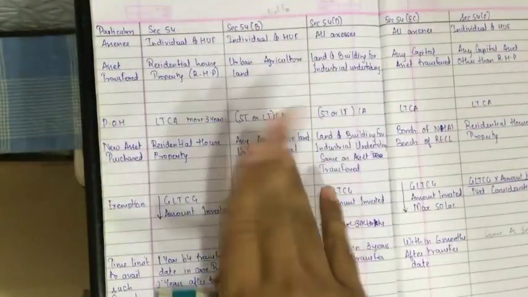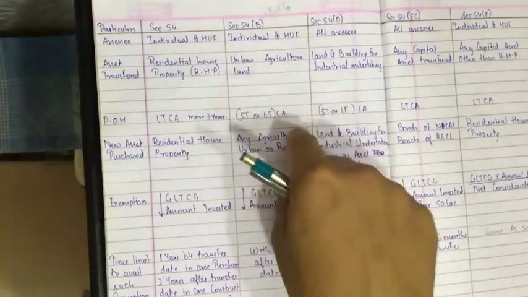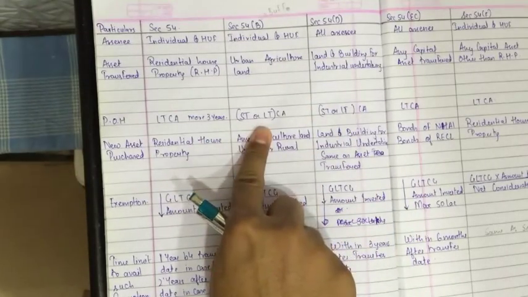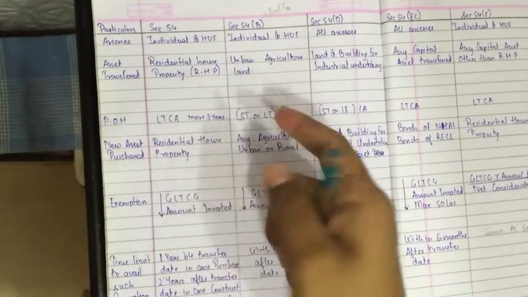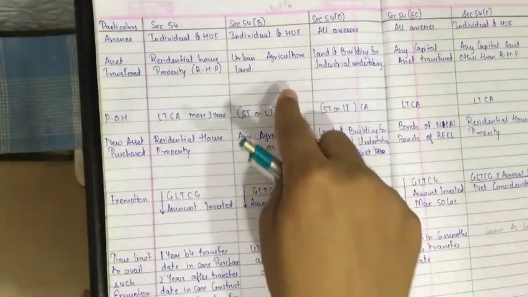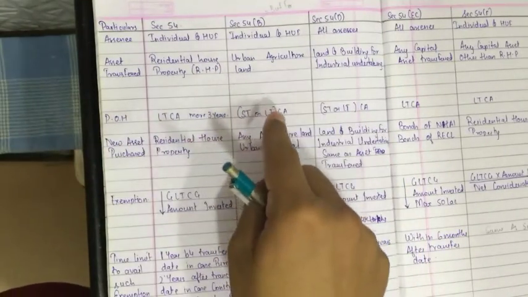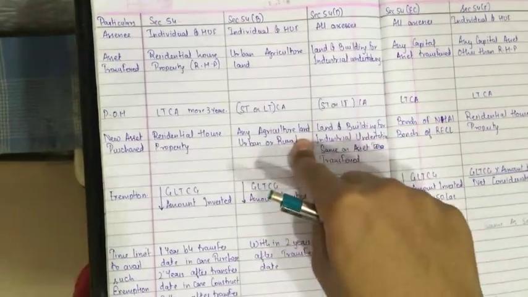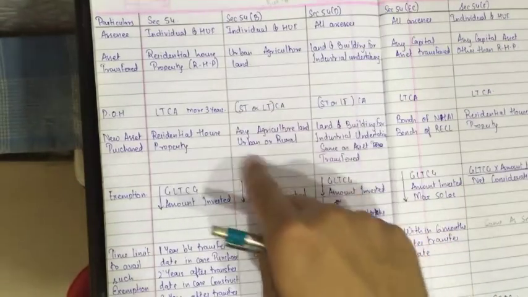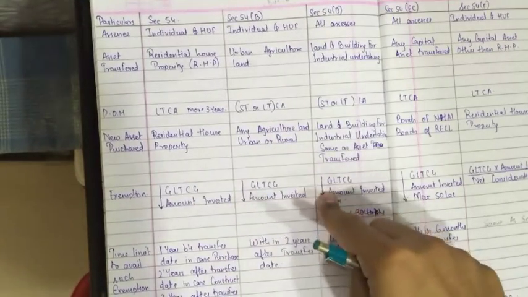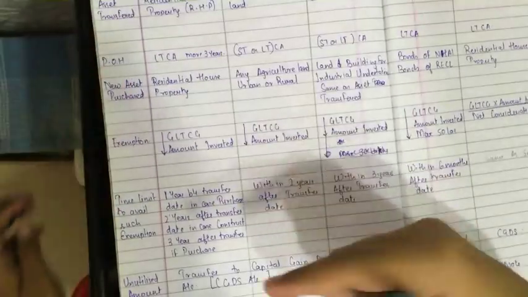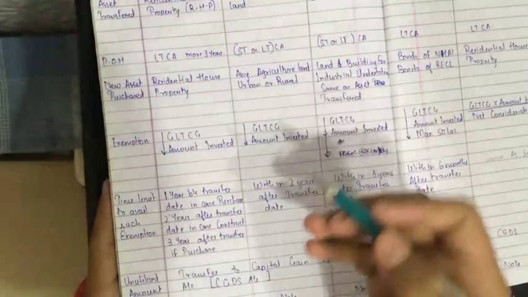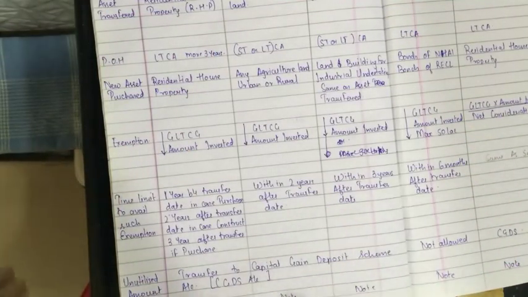The assessee should be an individual. He should have agricultural land in the urban area, and after selling such agricultural land, irrespective of whether it is a long-term or short-term capital asset, he can purchase any agricultural land, whether urban or rural. If so, within the period of 2 years, he can get the exemption, gross long-term capital gain or amount invested, whichever is lower. If the amount is not invested, then it should be transferred to the capital gain deposit account.